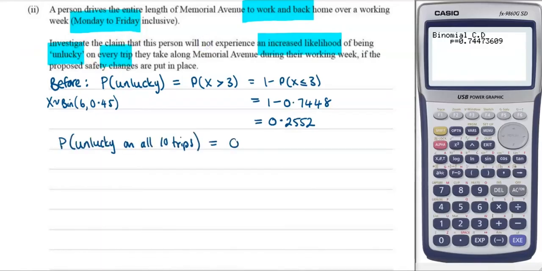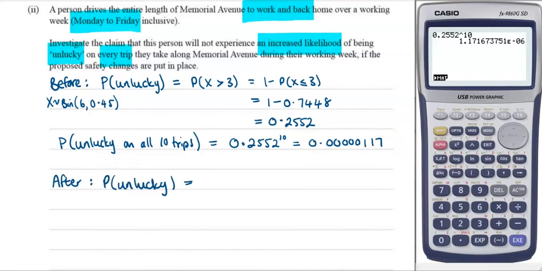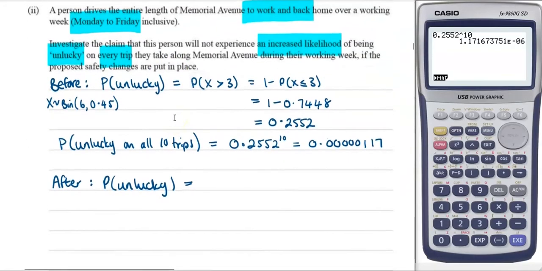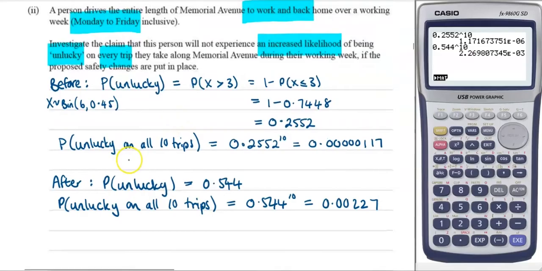So for them to be unlucky 10 times in a row would be 0.2552 to the power of 10, which I've just worked out over here, comes to this number here. Now let's compare that to after. So the probability of being unlucky we just worked out on this question up here. So that's 0.544 on one trip. So the probability of being unlucky on all 10 trips will be 0.544 to the power of 10, coming to